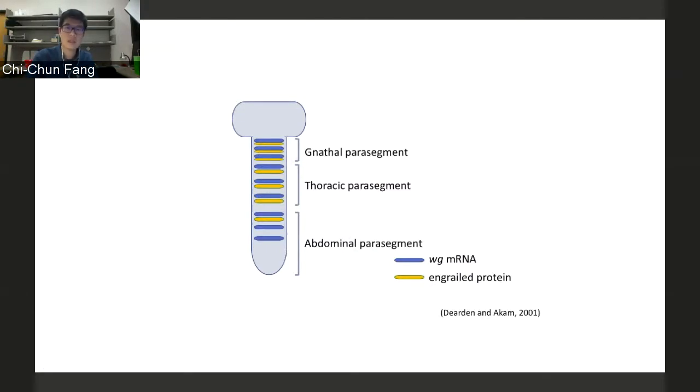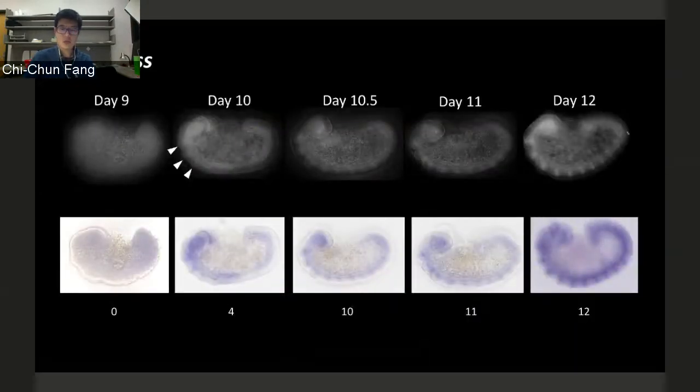Sometimes it depends on the species. Sometimes it's like 14 stripes, sometimes like 16 stripes. Depends on whether it's a wasp or honeybees. Okay, but if you see all the bands showed up at the same time, that's the typical feature for a long Germ-Band species, but not for a short or intermediate Germ-Band species. That's the reason why I use those 2 genes to see whether ant embryo is similar to honeybees or not,